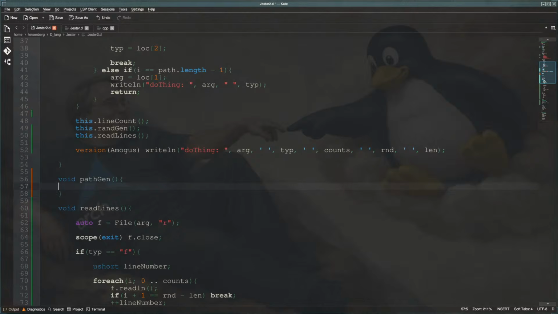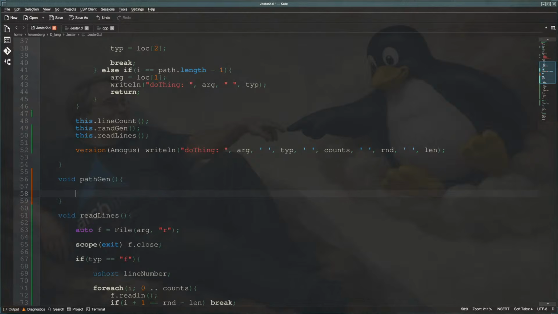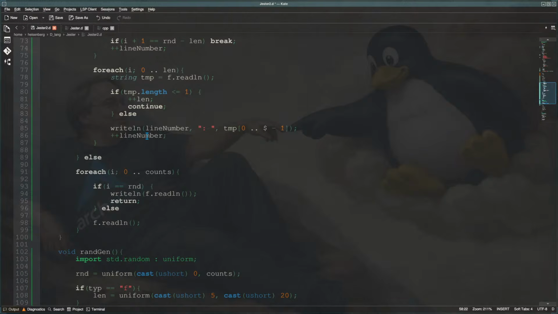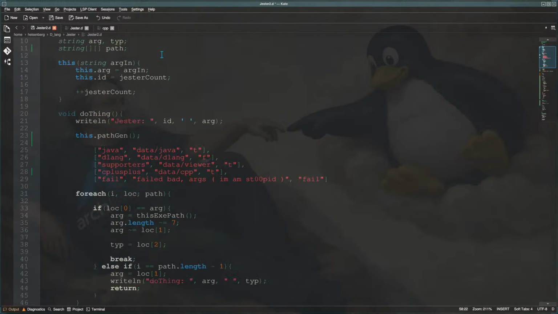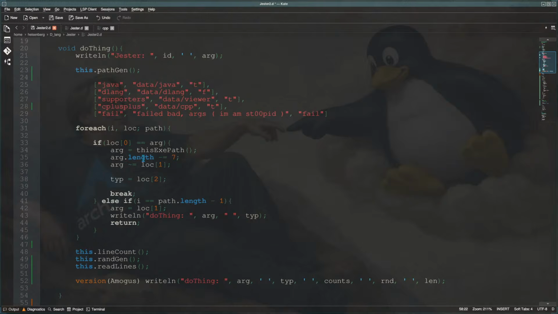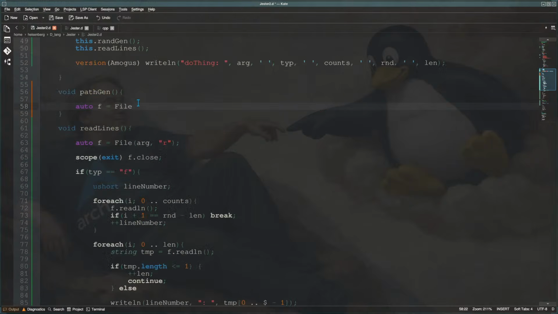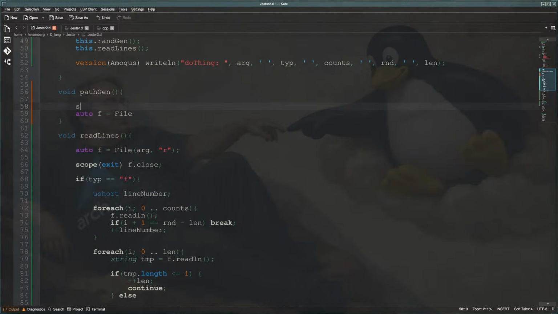Takes no external of those, and it's going to just open a file. Now, it doesn't know where this file's at. So, auto f equals file, and it should be operating in the local directory. But if you're not in the local directory, that's where things get weird. So you need to create an either using dot or this exe path. Do we have one of those already? Where do we create this exe path at? Right here. Okay. So we'll do that first. So we'll get string path